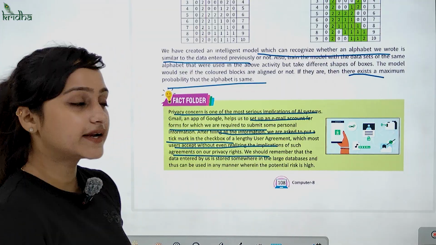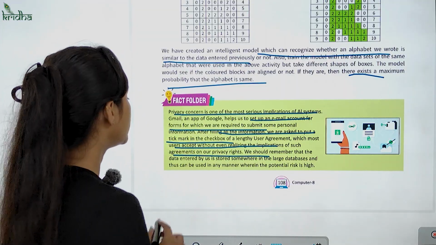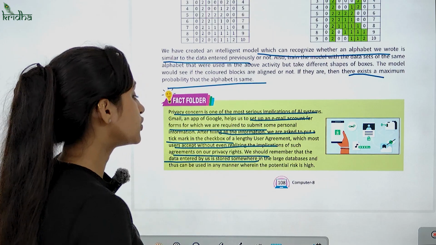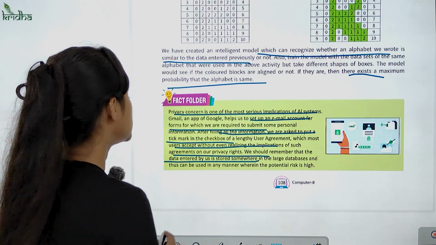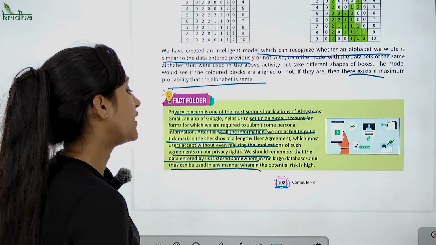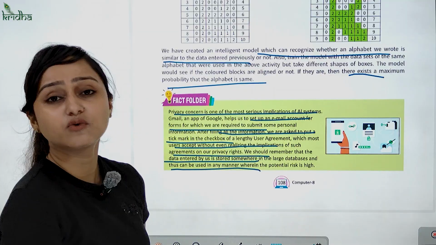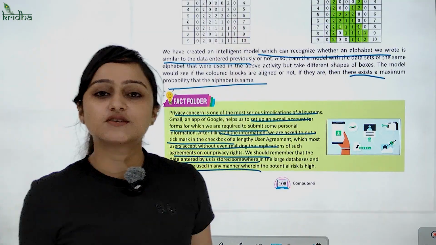वो हमारे प्राइवेसी राइट्स से implications होता है। We should remember that the data entered by us is stored somewhere. जो भी हम data enter करेंगे वो कहीं ना कहीं stored होता है in large databases and thus can be used in any manner where the potential risk is high. कहीं भी कोई भी उसको use कर सकता है।